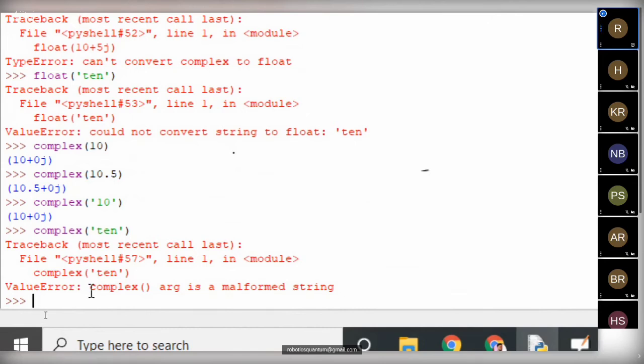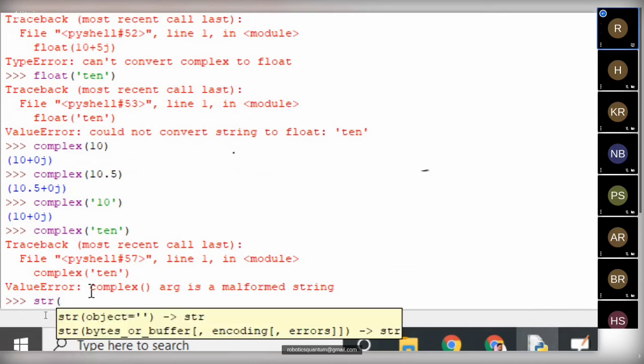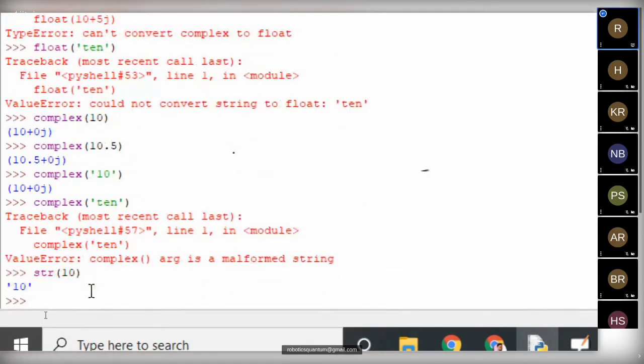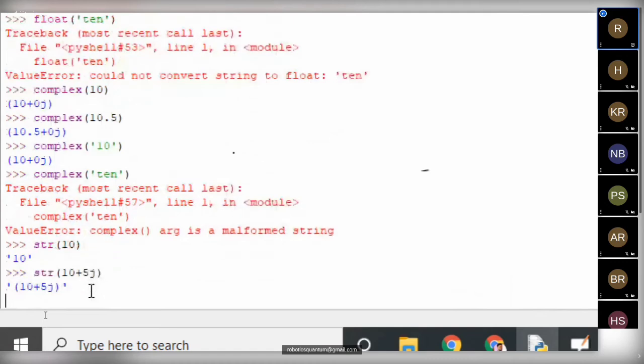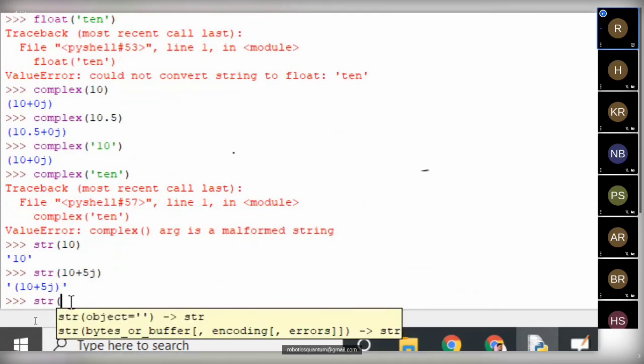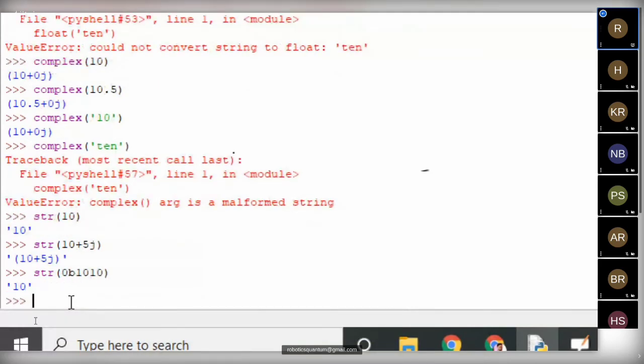Likewise, str is a function which converts anything to a string. In single quotes, str of 10 plus 5j shows the string. Str of 0b1010 gives 10.